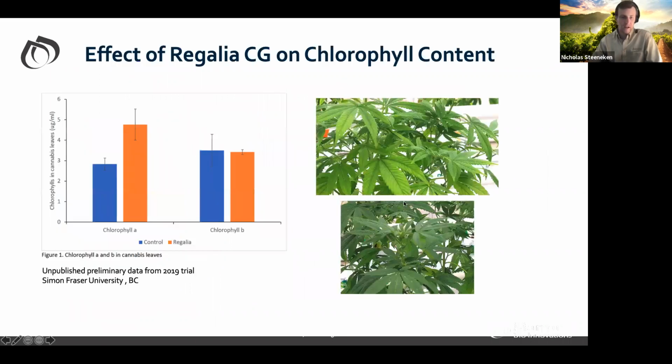And so here we're looking at a trial. This one I think is done in Canada as well. And basically it's analyzing the amount of chlorophyll in the leaves. You can see the control here had about 3 nanograms of chlorophyll, I think it was nanograms of chlorophyll per milliliter. When it was treated with Regalia, it went up to about 5. So you definitely can see the greening response inside the plant. A lot of growers will tell me that they see the plants greening up after being treated with Regalia, and that's kind of that response you're seeing there.